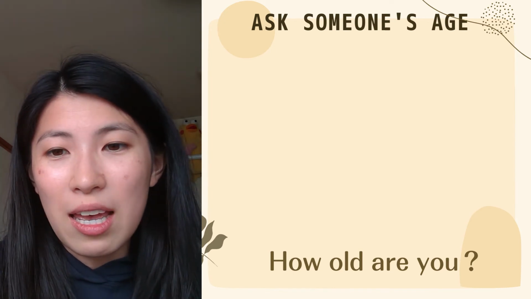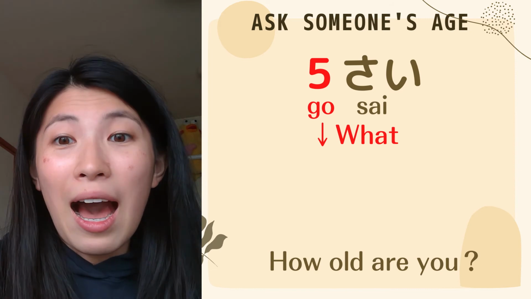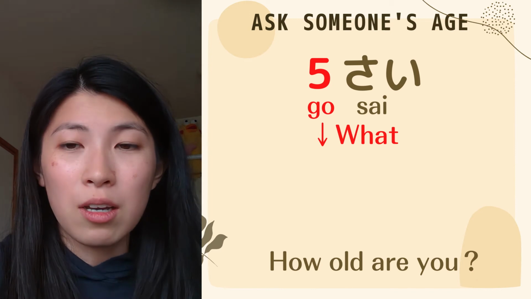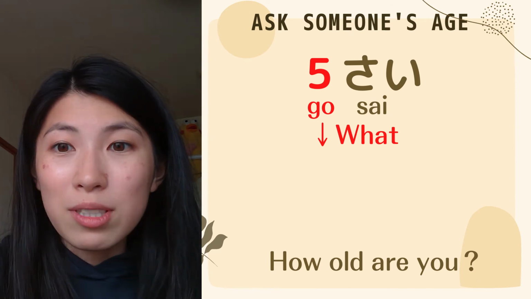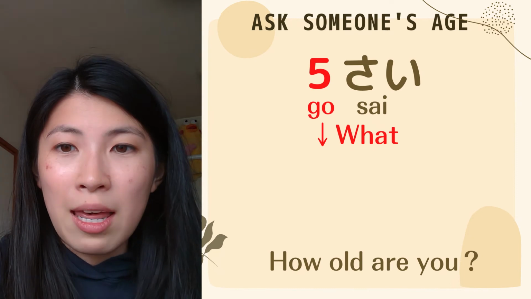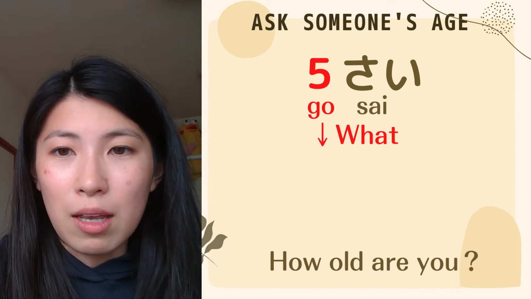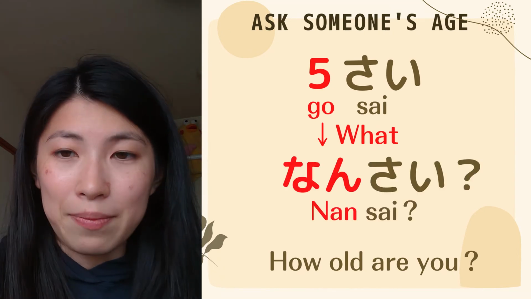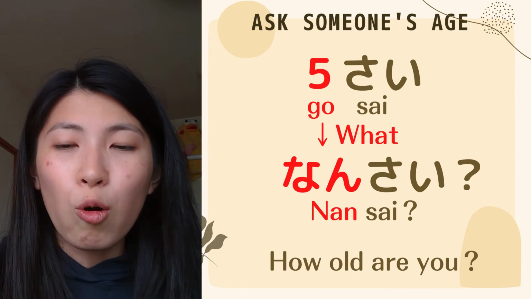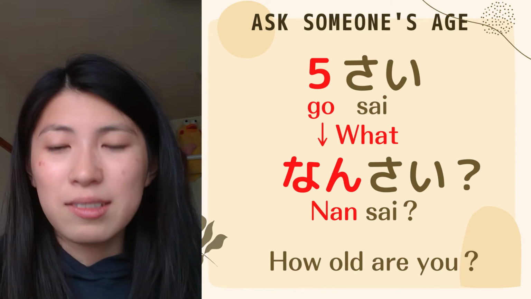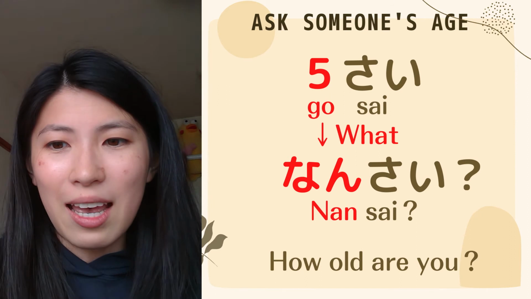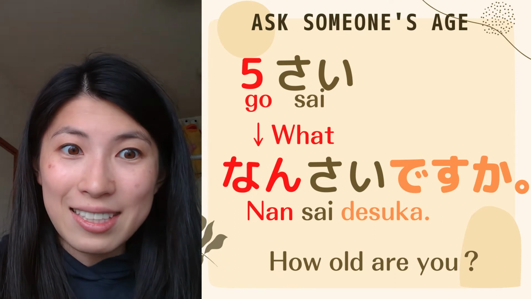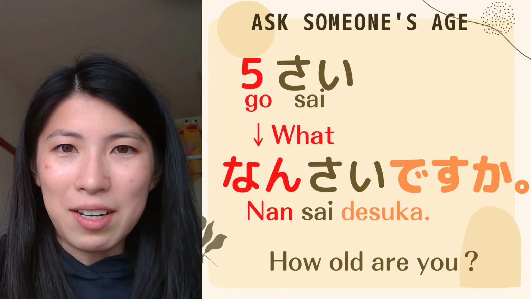If you wanna say, "How old are you?" as I mentioned, if you wanna make a question, you have to think the answer first. So, for example, 5歳, which means 5 years old. Now you wanna ask age, so instead of 5, you have to use the word 何, what. So "how old are you" is 何歳. That's it. If you want to make it polite, of course you can say 何歳ですか。